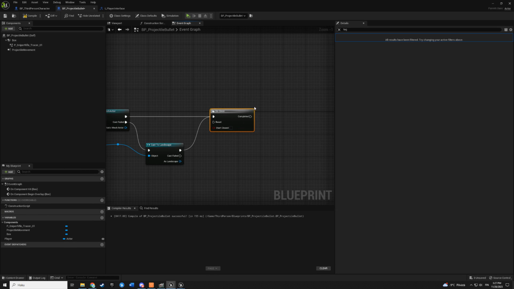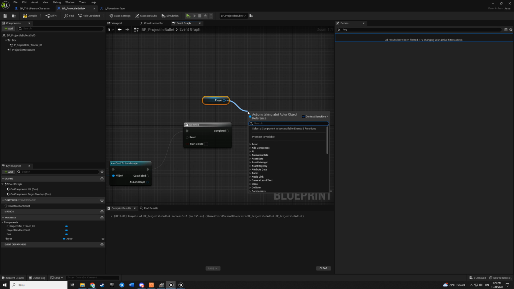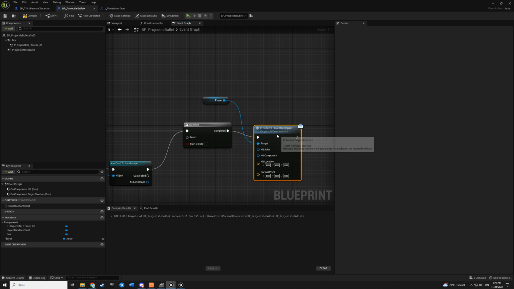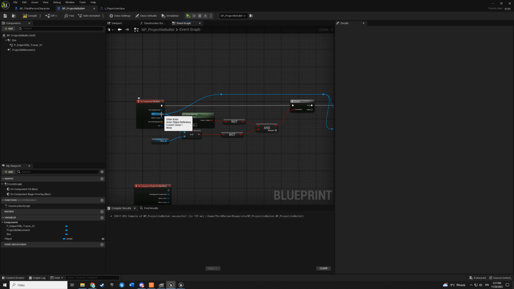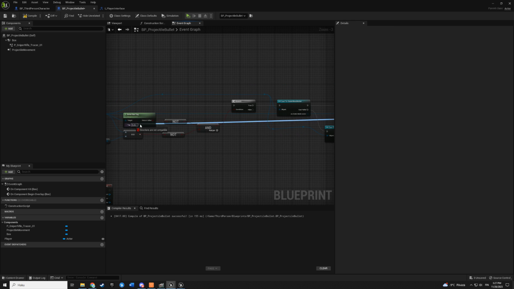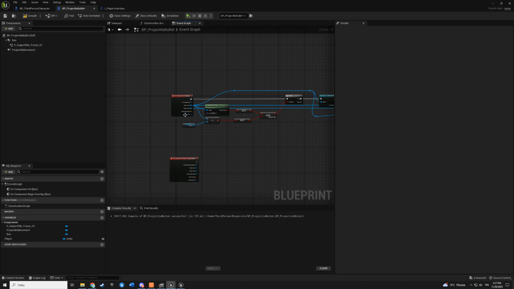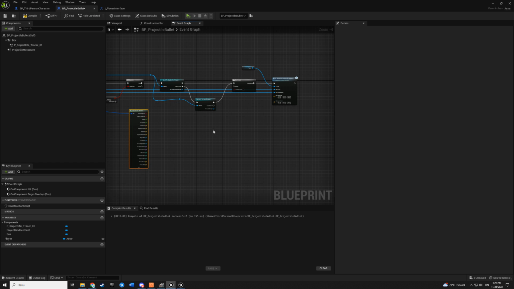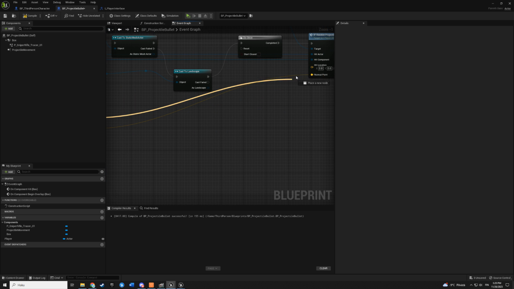And here we now want to call that interface event that we created. So take our player, so who is firing, and then we call that event. Then hit actor will be other actor, and hit component will be other component. And then we need those locations, and we can break our hit result. Then take normal to normal and location to location.